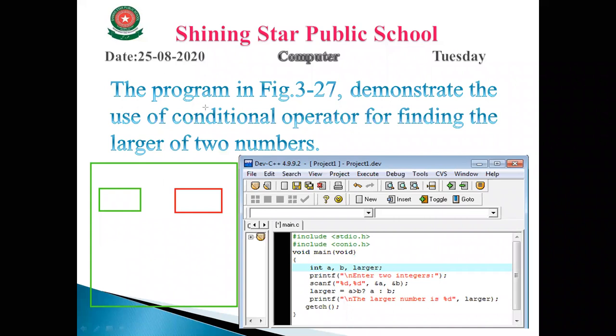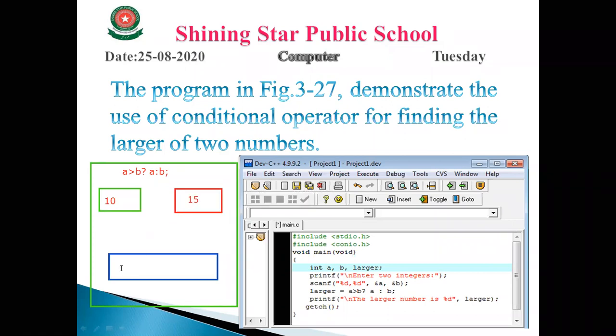Now, the condition is if A greater than B, then A, B, semicolon. It means if the condition is true, here A is 10, okay, and B is 15.